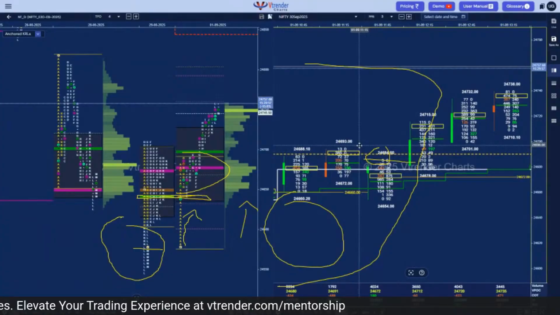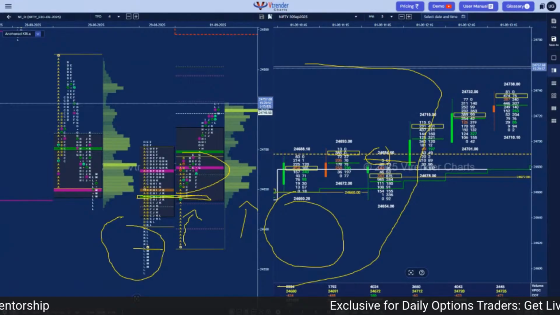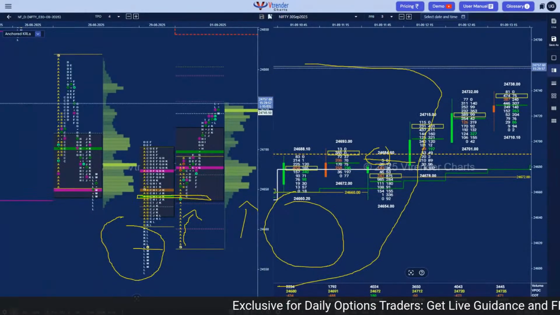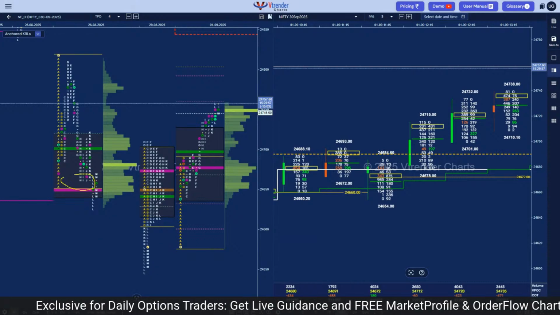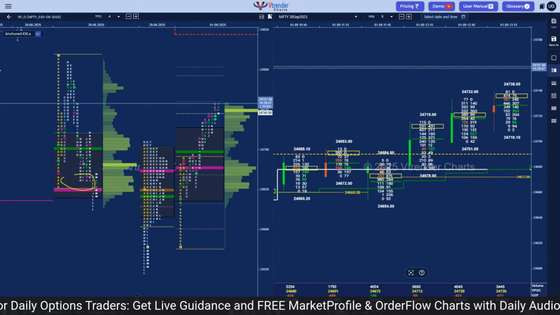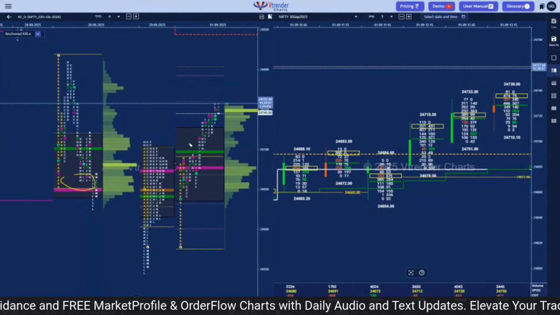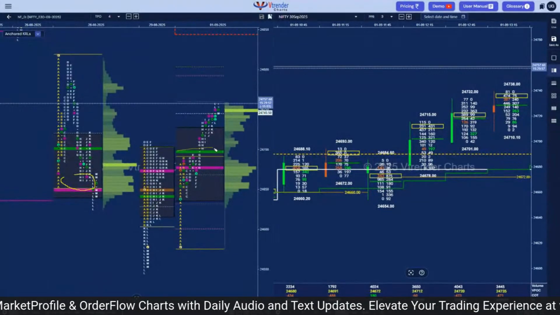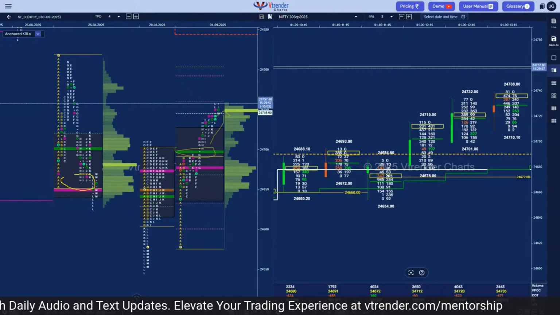And we started this up move later in the day, which continued into the close. So we did make marginal range extensions in the E, but it was the G which set up this extension, and this extension handle is holding, and we went on to form a double distribution trend up profile.